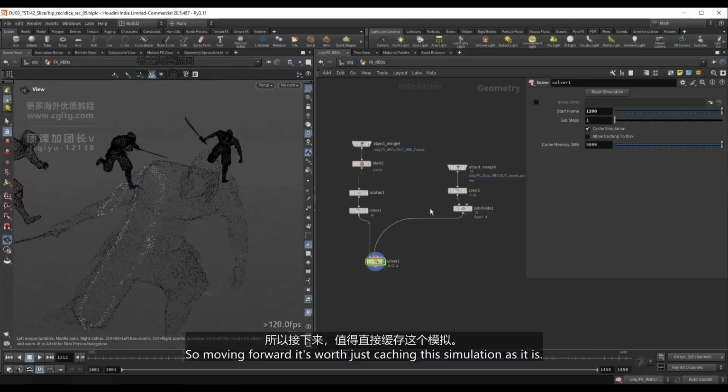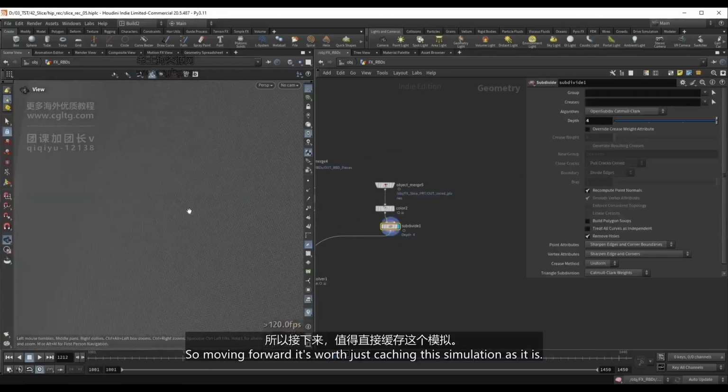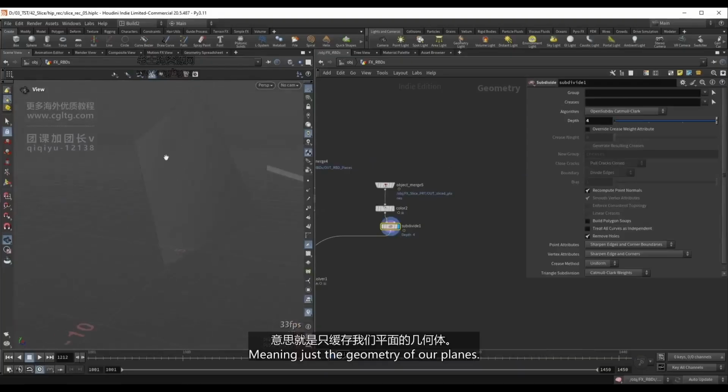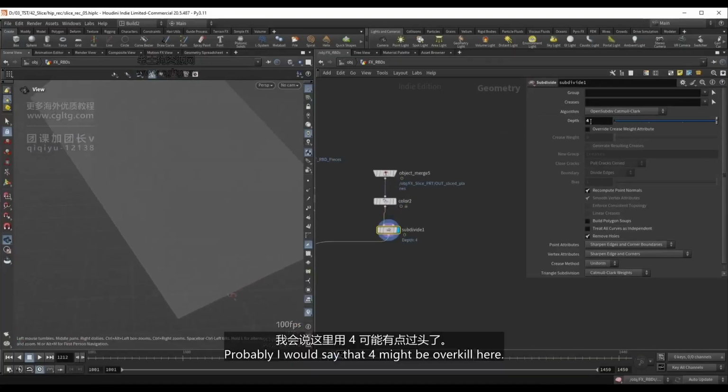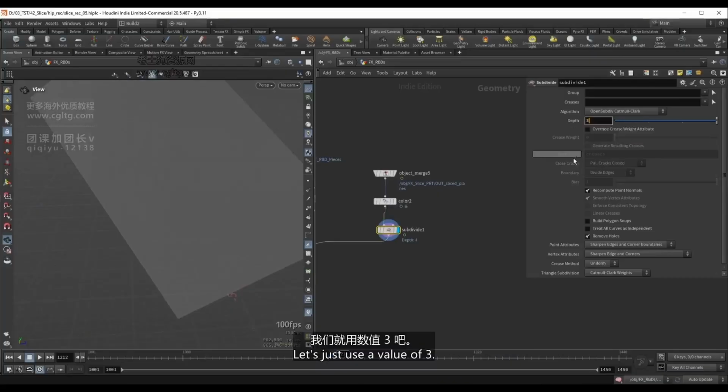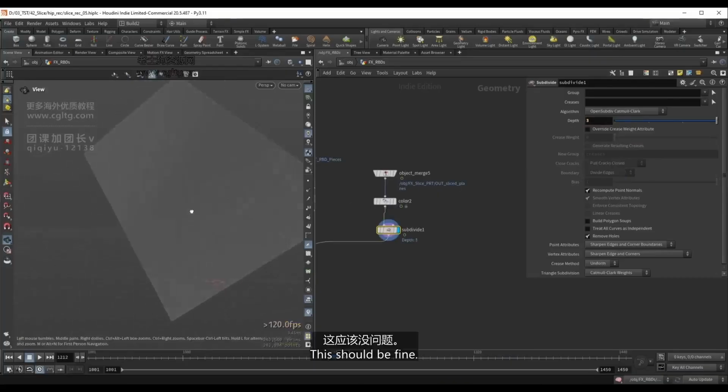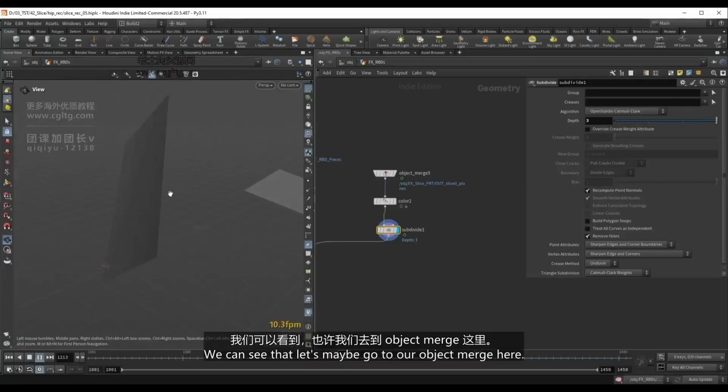So moving forward, it's worth just caching this simulation as it is, meaning just the geometry of our planes. Probably I would say that 4 might be overkill here. Let's just use a value of 3. This should be fine. And as I play this animation, we can see that let's maybe go to our object